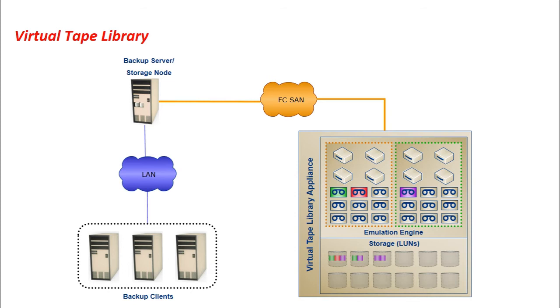This feature enables the virtual tapes to be replicated over an inexpensive IP network to a remote site. As a result, organizations can comply with offsite requirements for backup data. Connecting the engines of a virtual tape library appliance to a physical tape library enables virtual tapes to be copied onto the physical tapes, which can then be sent to a vault or shipped to an offsite location.